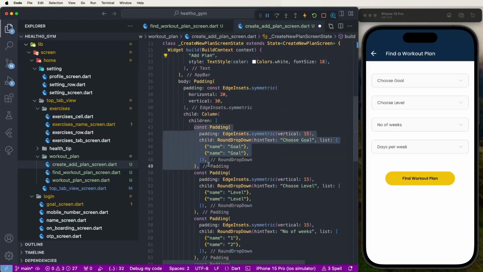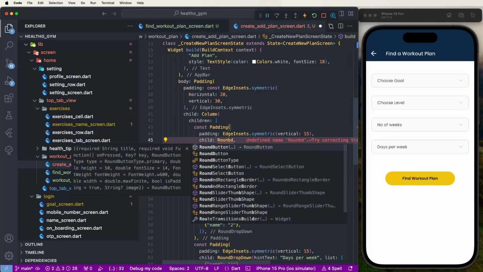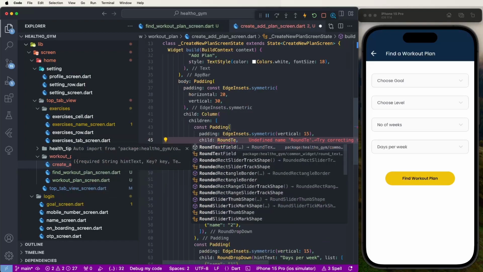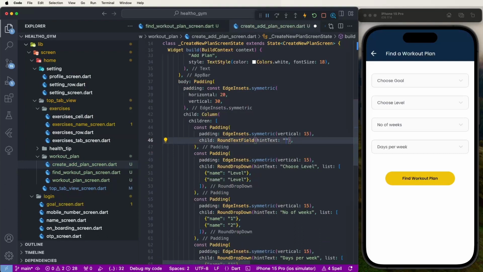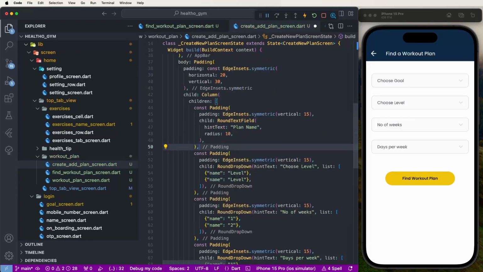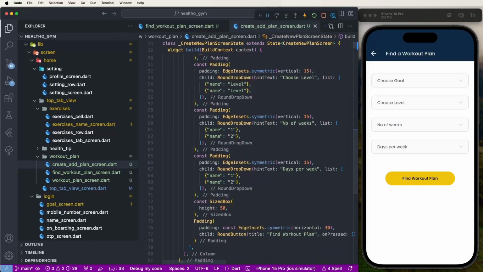And now need to remove here, set this round text field, set plan name and also set the radius, set 10, and save this. Now need to set the drop downs. First of all need to give this the goal, then after need to give this the duration,